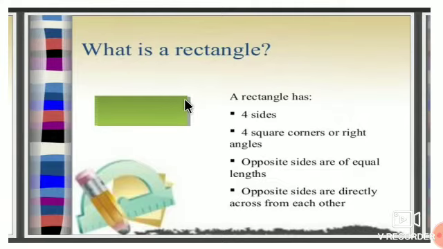Now the properties of the rectangle. This longer side we consider as the length, and this shorter side we consider as the breadth. So a rectangle has two lengths and two breadths. The property of the rectangle is that the opposite sides are equal in length. So these two sides are equal in length, they are opposite to each other. In the same way, these two sides are also opposite and equal in length. This is the property of the rectangle.